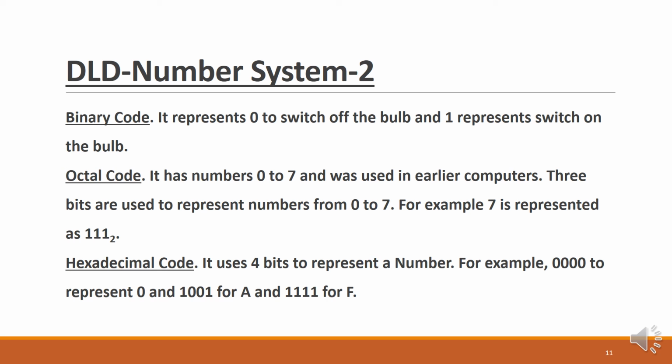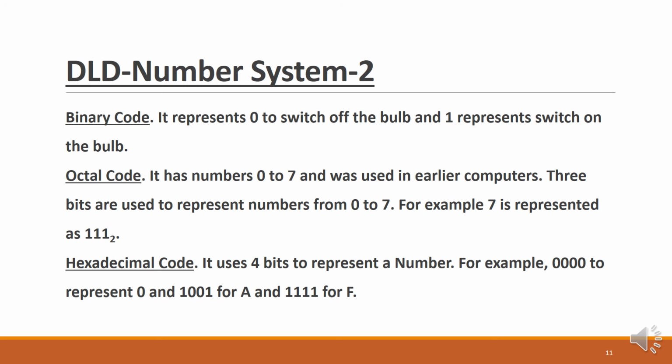Then there are octal codes, which only use the numbers 0 to 7. This was being used by earlier computers. We no longer use it, but we do teach it and discuss it, because it is still being used in some algorithms, like maybe in key maps and error detection and correction. So, for example, 7 is represented as 111, and if you calculate the decimal of 111, which is in binary, of course, it comes out to be 7.